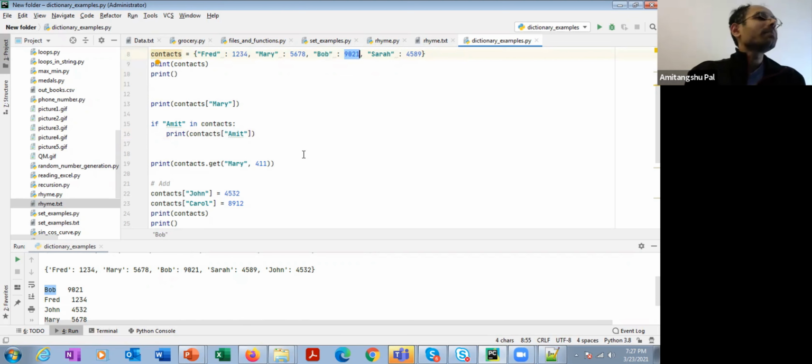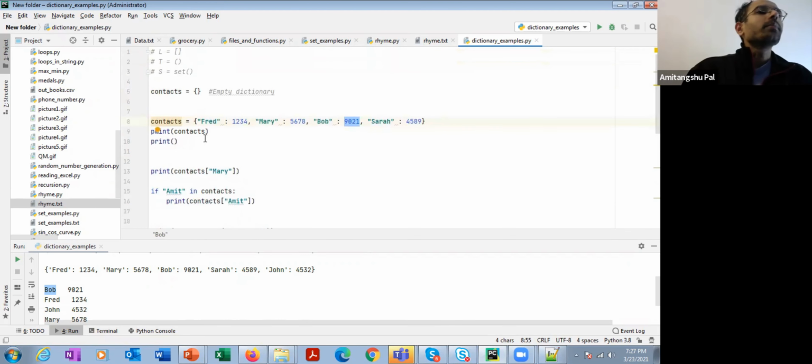And to make the problem a little bit complicated, let's define a new rule that corresponding to a particular number, there may be multiple users or employees. For example, 9021 can be shared among multiple employees. It is very realistic that multiple employees are using the same phone in a shared space. So 3 employees are using the same room and they are sharing the same phone number.